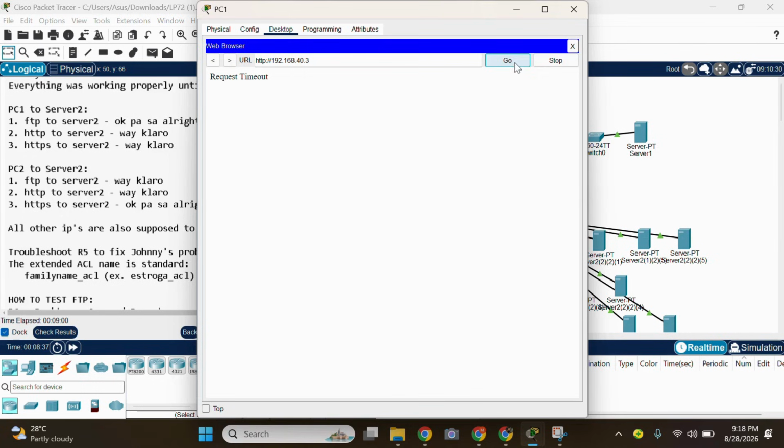The result is request timeout, so that means the connection is blocked. The HTTP of this PC1 is blocked.